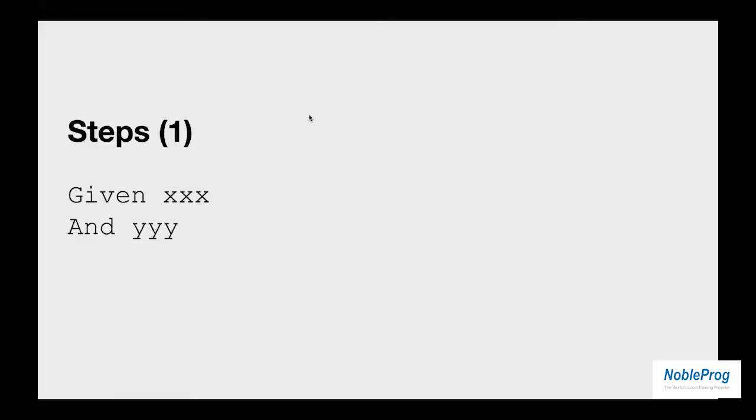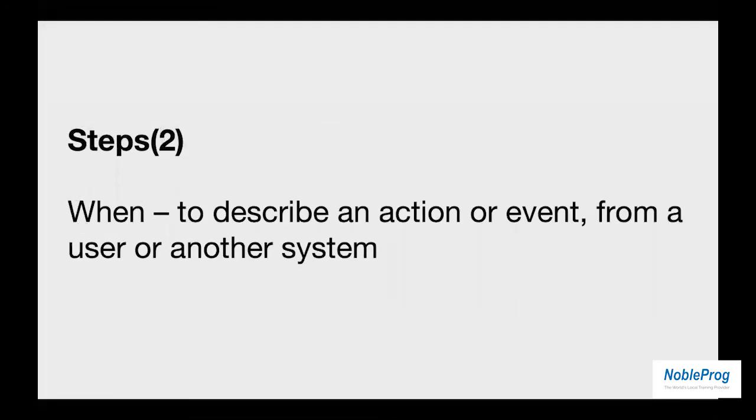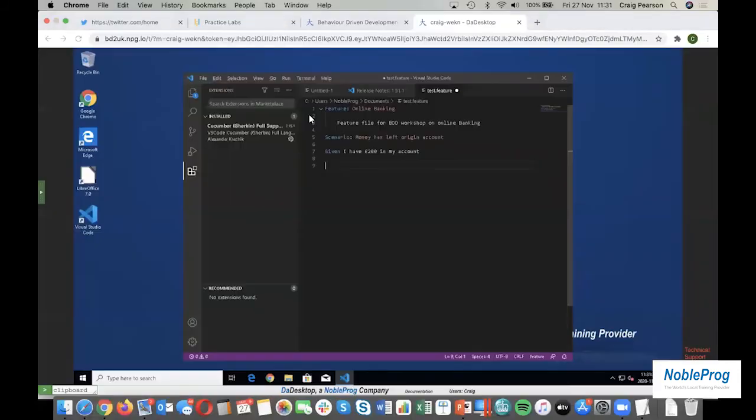So what am I actually testing then? Well, it's the when, it's the event, it's the action or the behavior that the user takes. So we'll put in something like when I request transfer. And again, you can see I'm just using natural language here. The only keywords are the things in blue, the features, scenarios, given and when. Everything else is just written in plain language. So given I have 200 in my account, when I request to transfer 50 to another account,